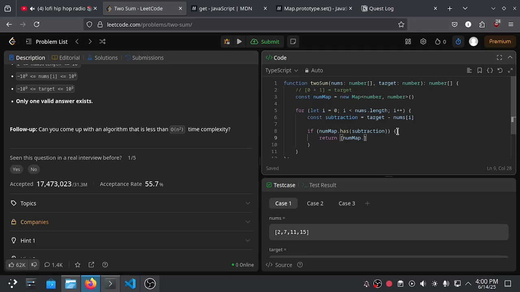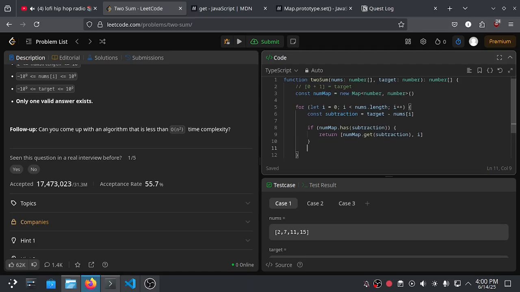So we can return the num map with the subtraction key, and that will return the value if the subtraction key is 0, like the example I provided just before. If the subtraction is 0, then we can return the index of the value 0, which is the value from the 0 key, and then we return i as the current iteration.